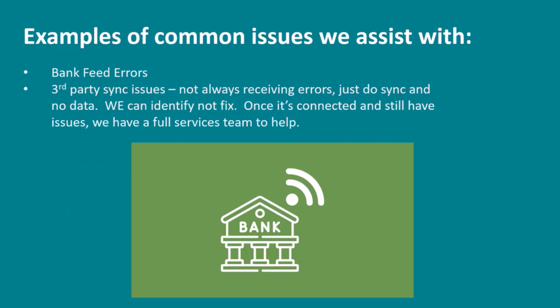All right. So what about some other common issues if it's definitely not on the server? Yeah, so some common issues you'll see that we can assist with involve connected services with QuickBooks. For example, that could be bank feed errors where you're importing your bank feeds, your bank statements, into QuickBooks so you can perform reconciles and that sort of thing, or maybe even some issues with third-party integrations with QuickBooks,